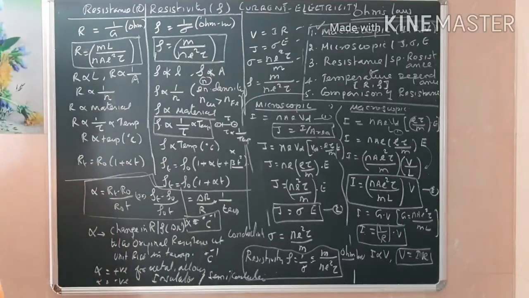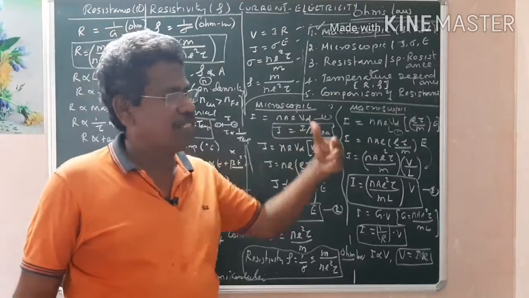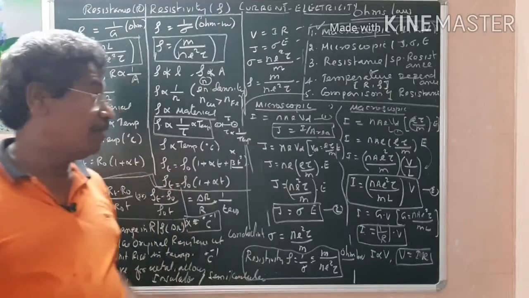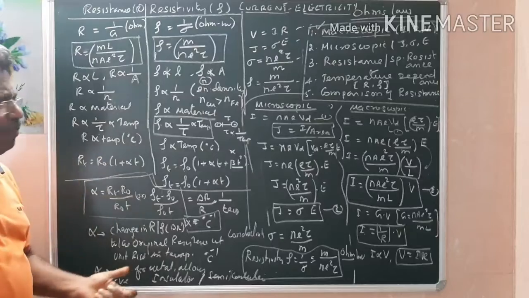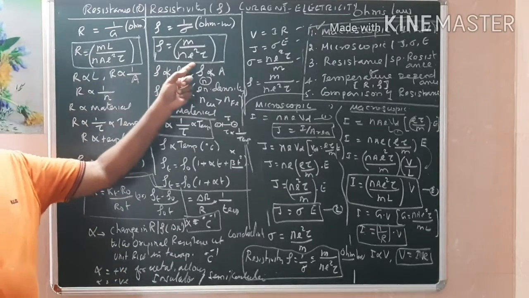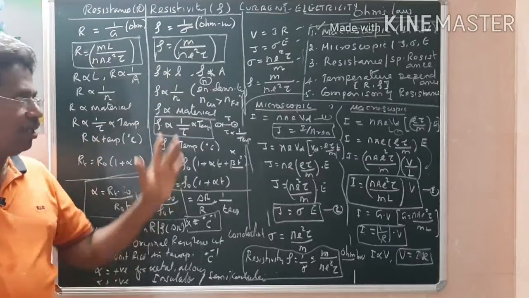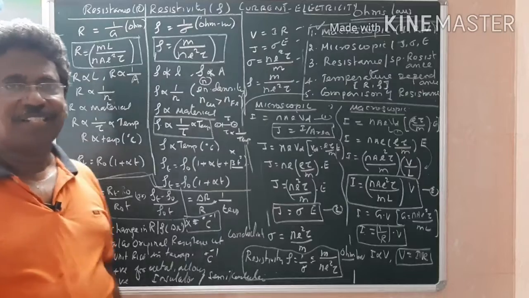Just go through this one. This is an important concept. In the next class we will study how to compare resistances, from which you are going to do some problems. There you will have a better idea about the difference between resistance and specific resistance. This expression is important. Here it depends upon L and A, here it does not depend on L and A. All the other terms are common to both. That is most important. The remaining things we will discuss in the next class.